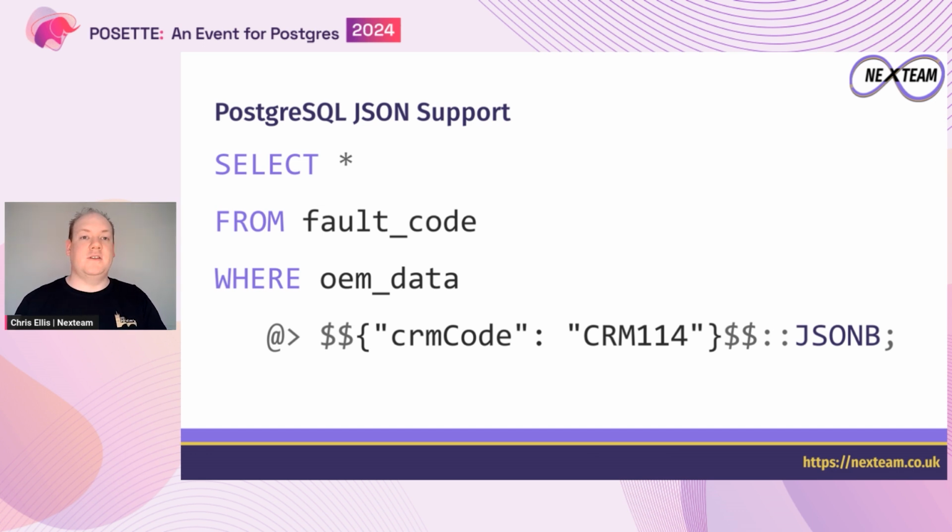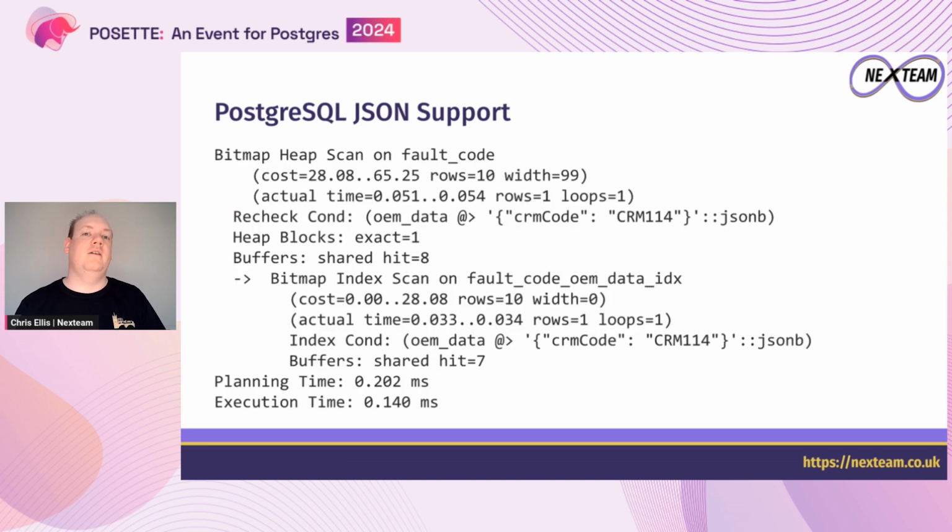And the great thing here, and we can check this by looking at an explain plan, is that it's going to hit that GIN index. It's going to search that GIN index, and then do a quick recheck against the heap, because GIN indexes are lossy and all that kind of stuff. But this is super powerful. We now have a situation where we can store arbitrary data and query on it. So if we have a simple use case where we need to let customers consuming our APIs store their own reference data against what we've stored in our database, we can really easily achieve this with JSON and JSONB, and we can still do fast lookups. So that's one of the things we were doing in a recent application.